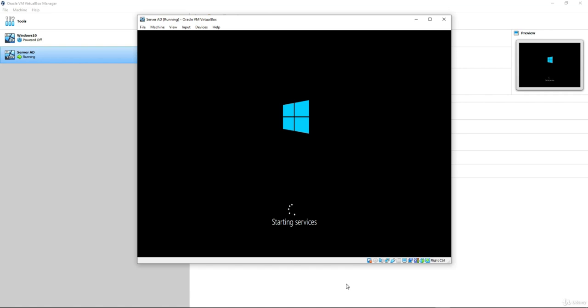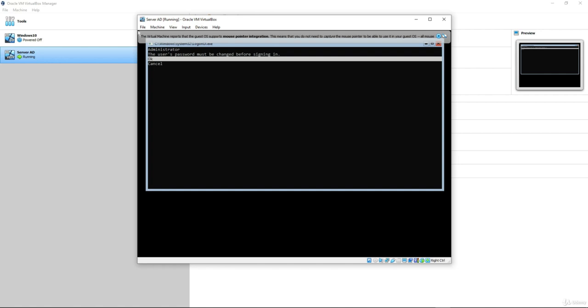So right now all the basic services are starting. This setup is similar to the one of Windows 10. The computer is going to take some minutes to set it up. The first step, when Windows Server 2019 is booting, it's asking you